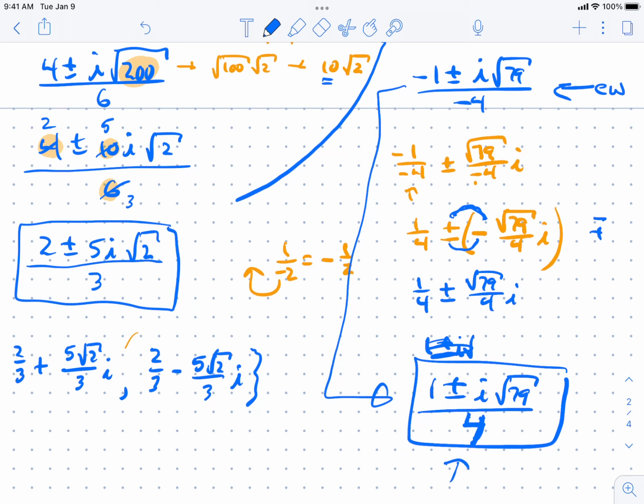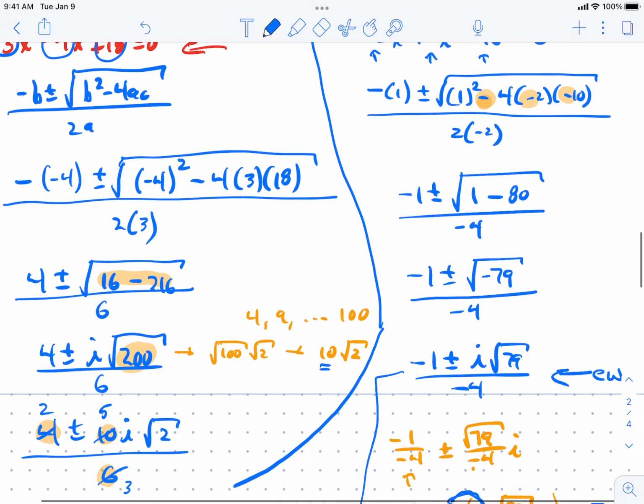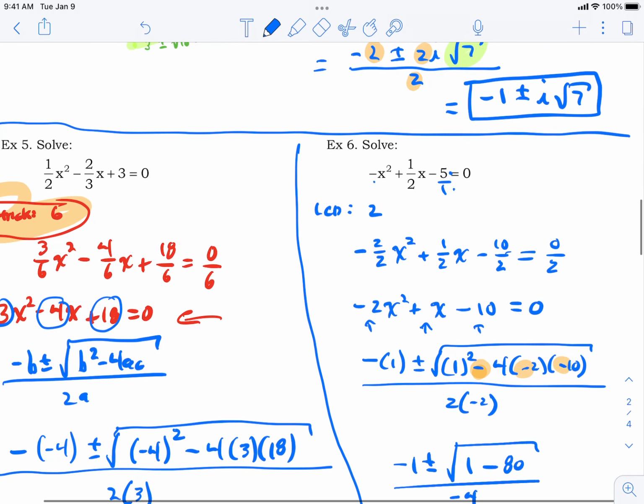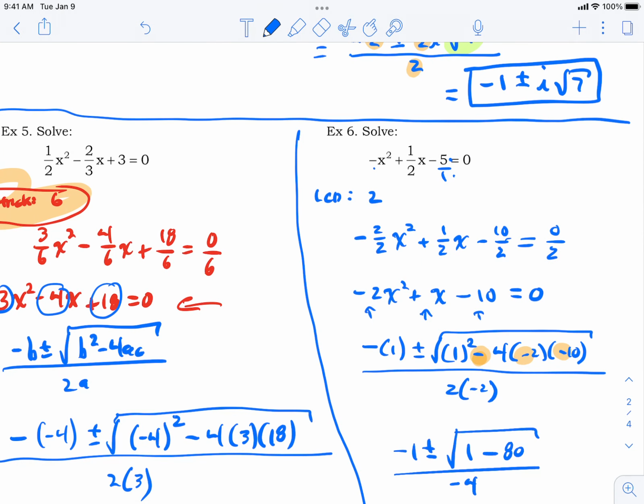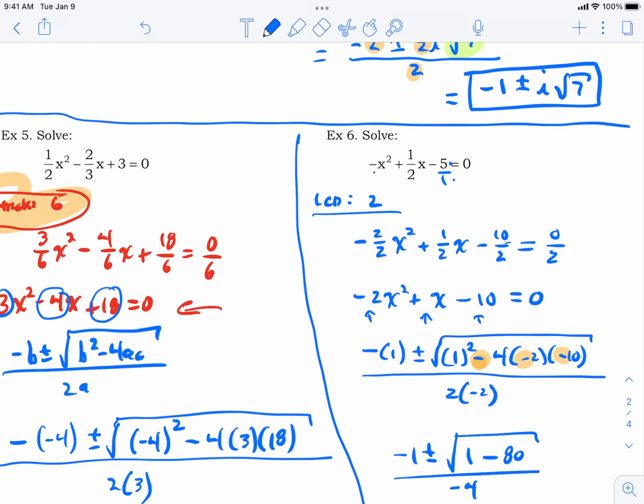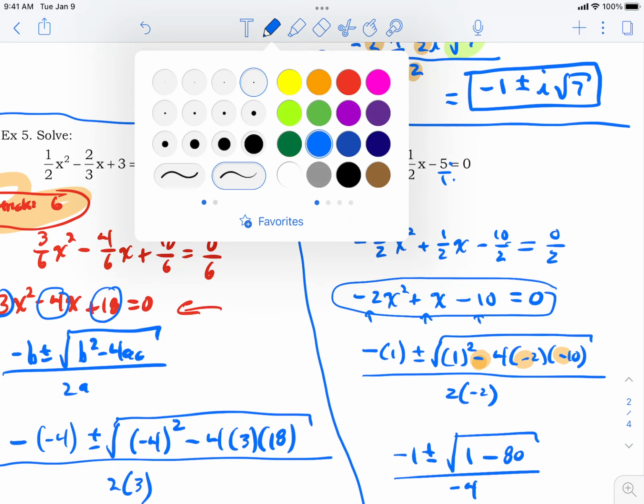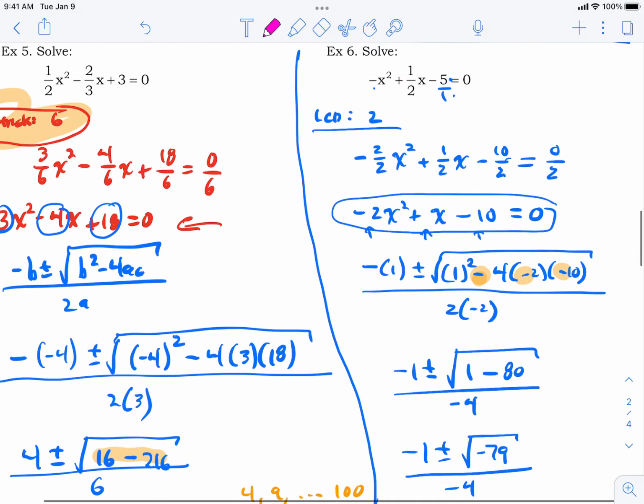So I think I said I was going to solve this 2 different ways. I'm not actually going to solve it a second way. I'm just going to make a point about what you could have done. So this is all the theories of negative denominators, I guess. But if you come back up here, in the same way that we said, hey, make the LCD a 2, and then we got to here, right? Well, what you could do now, if you wanted to, is you could say, hey, why don't I just multiply,